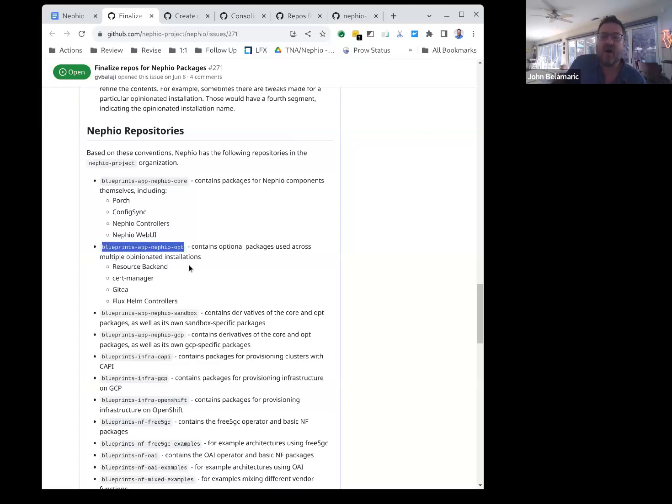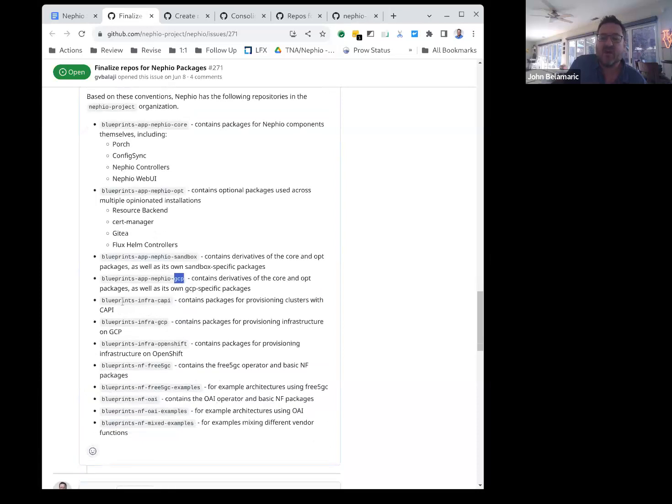Blueprints app Nefio opt would contain the optional packages that you may need, but they're common across opinionated installations: resource backend, cert manager, maybe Git goes in there, I'm not sure, Flux Helm controllers. There's a bunch more too. I just listed a few examples. Blueprints app Nefio sandbox. These are Nefio components and config that are specific to the sandbox installation. There's a GCP one, Nefio components specific to the GCP application.